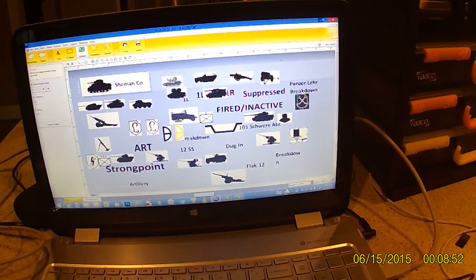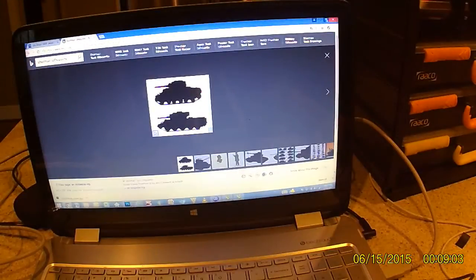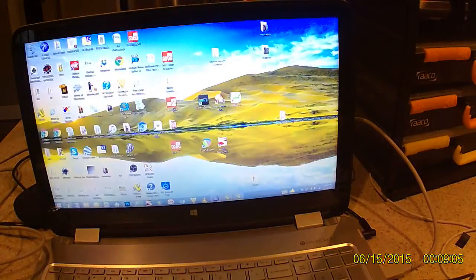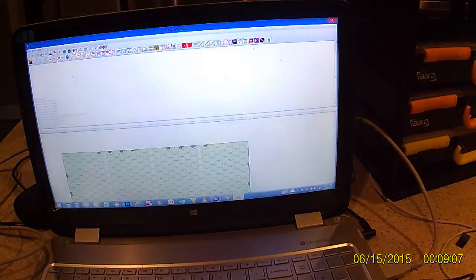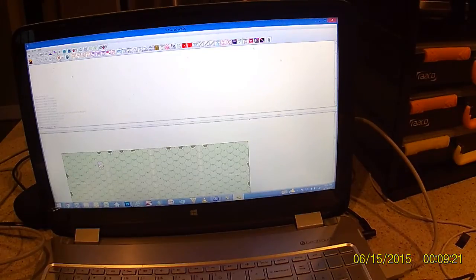So now let's do the squad leader. And the squad leader is a little more challenging because there's just hundreds and hundreds of different types of counters. So what I'm going to do is open up Vassal, and I'm going to borrow some images from Vassal. So let's say I want to do my informationals. So what I'll do is I'll take, let's say I want to do first fire. I'll take first fire. I'll plop it down over here, and then I'll zoom in,